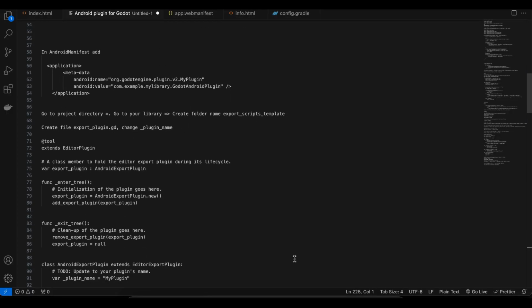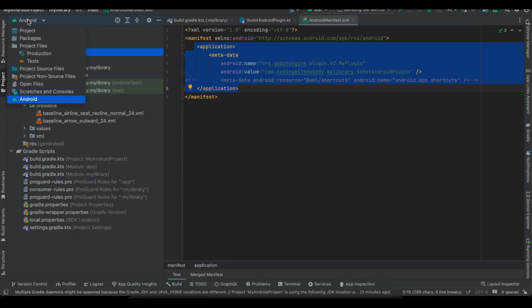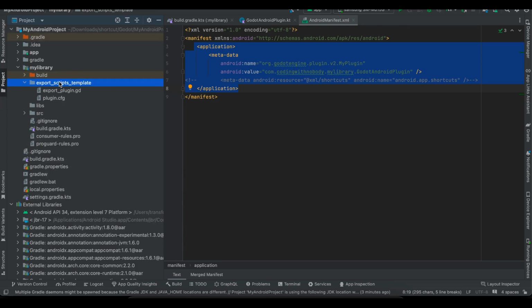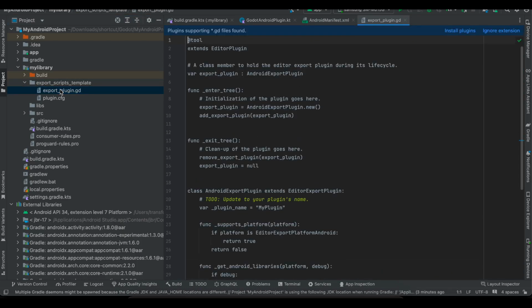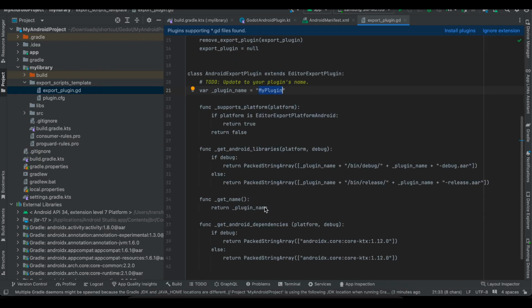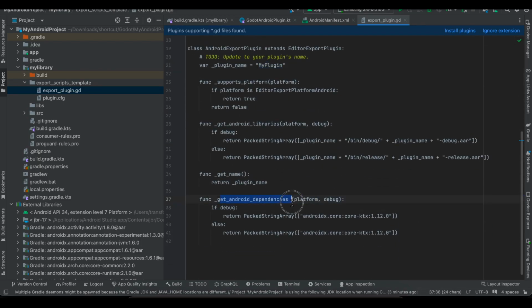Next, we have to, okay, so here you will have to go to Android, go to project, and inside my library you will have to create a folder called export scripts template. In that, create two files, export_plugin.gd and plugin.cfg. In export_plugin.gd, I have just copy pasted it from the Godot docs, but the important thing is this should be your plugin name, and also you have to add this bit of get android dependency,